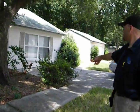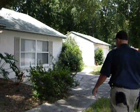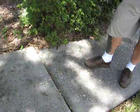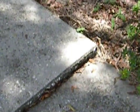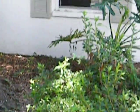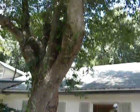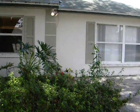Now, if you look at this side, over here on this little ledge, it's a good 3 inches that's been moved away from the sidewalk and raised and lifted. And it very well may have some issues underneath this side of the house when it comes to this tree and the roots. Now, there's not a whole lot to show me if it's doing any damage,